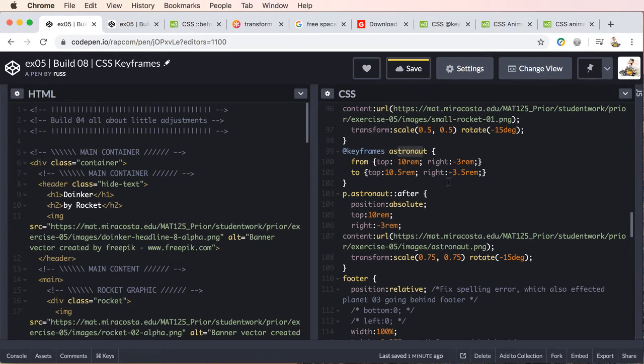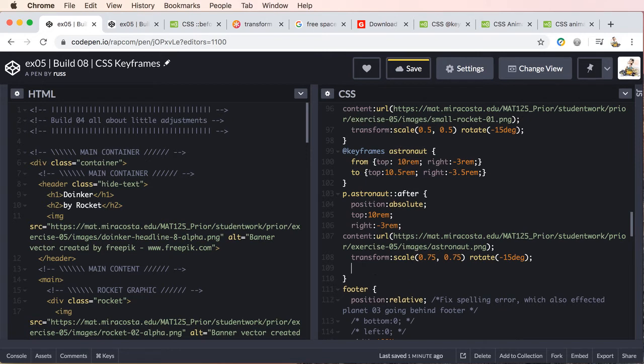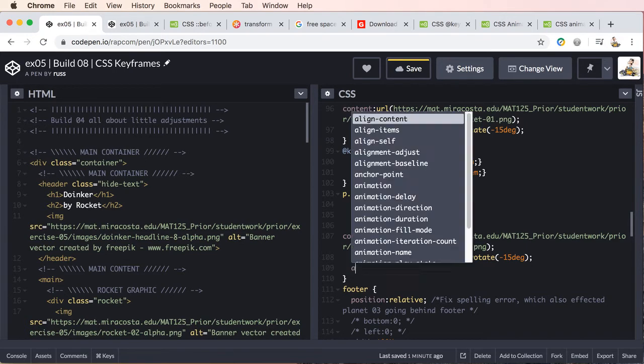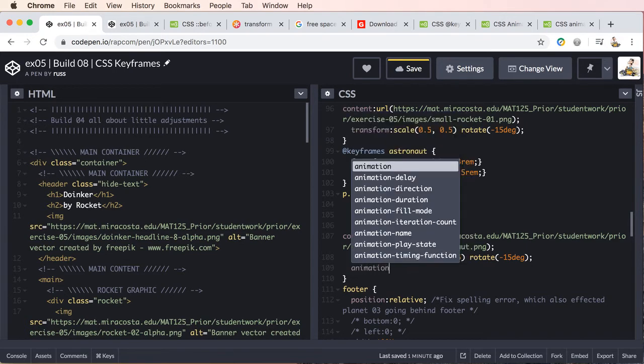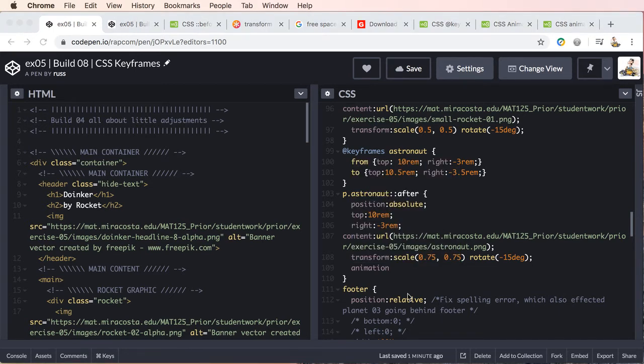Now, what we need to do is hook to our keyframes. So let's go ahead, and after this transform, we will call out our animation. We'll use the animation property. The animation property will allow us to create a shorthand. So instead of having one property, then the next property, and the next property, we'll place all of our values on a single property. So animation,